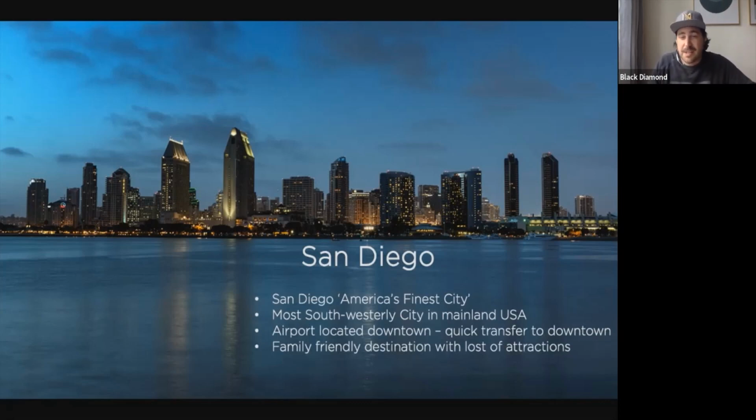Another fun thing in San Diego, I always recommend the trolley tour. Those that have probably done a FAM to San Diego have probably done the trolley tour. I love doing the trolley tour when we get people into San Diego, mainly because it gives you a good spread of the city. And then if you want something a bit more boutique-y, then head up to La Jolla. La Jolla is going to be more kind of art. It's a bit like Carmel. It's going to be a little bit more artsy, definitely a little bit more couples-esque.